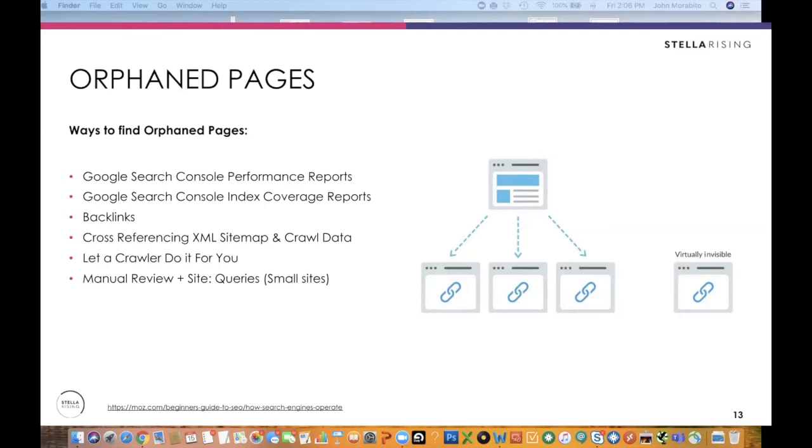Google to trust those. So some of the ways that you can find orphan pages would be if you don't have a crawler, you're going to have a hard time. But if you don't have a crawler, you might be able to amass a list of your own URLs and use your Search Console performance reports and export those. This is definitely for a smaller site, and cross-reference that. In many cases, what we end up doing is using either Screaming Frog or Content King to help identify those